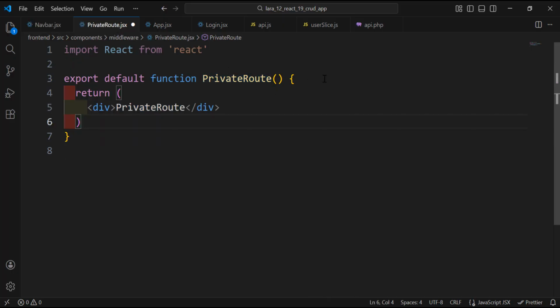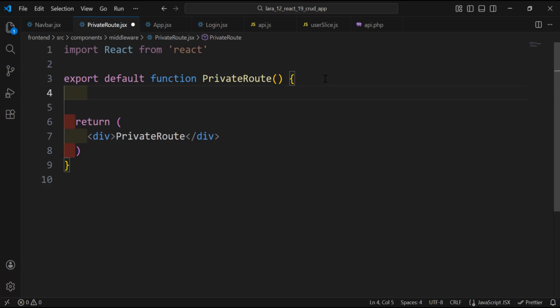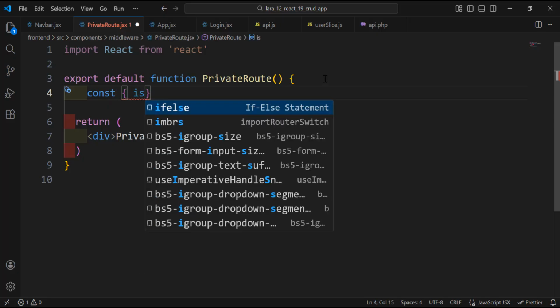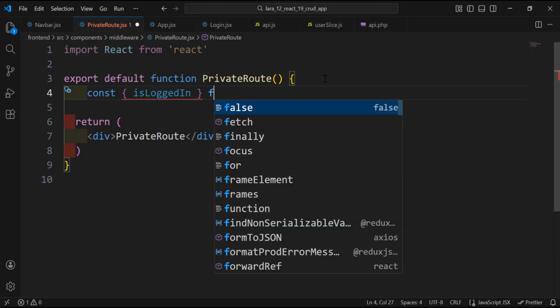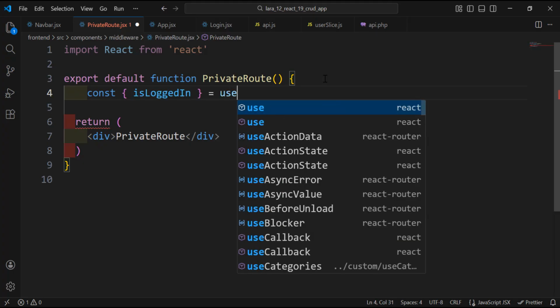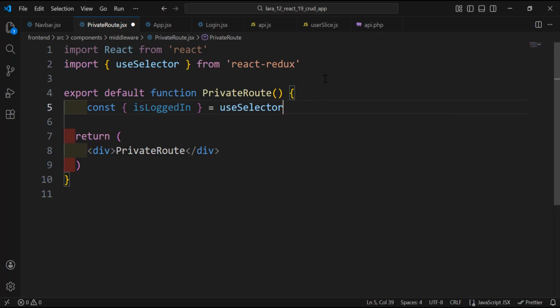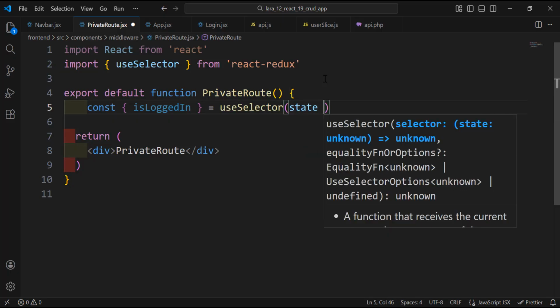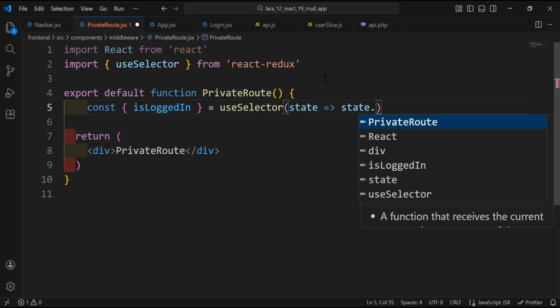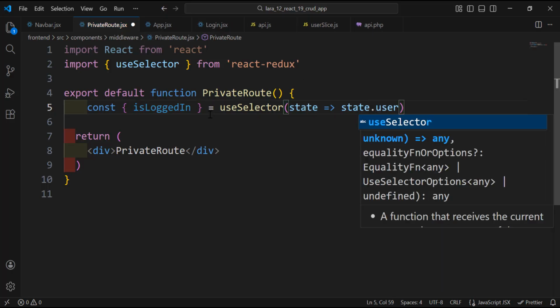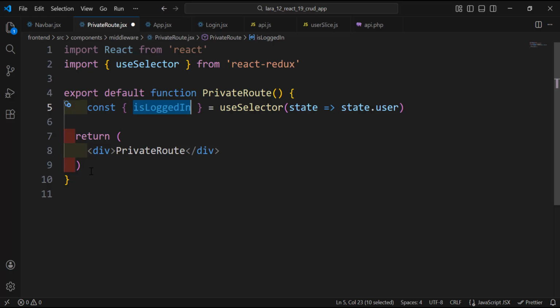Let's first get or check if the user is logged in, and we need to test isLoggedIn from, or using, the useSelector from state. So state, and as I said, state has the user. Now we have isLoggedIn. So what we need to do, instead of returning